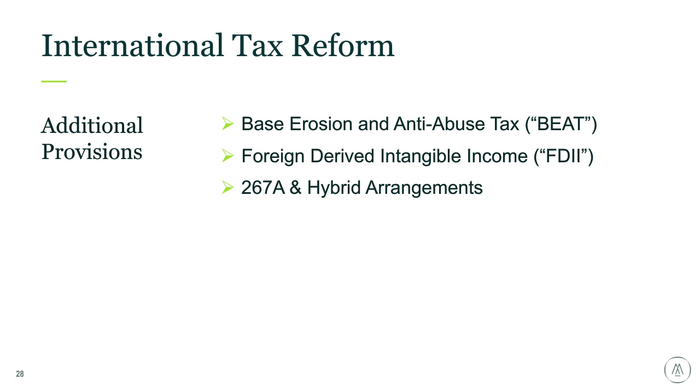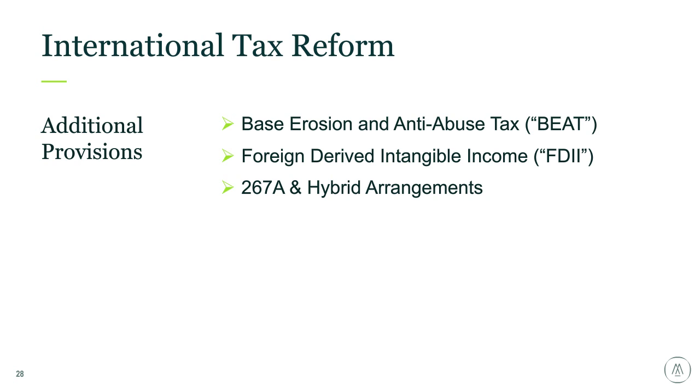Those deductible payments are things such as interest, royalties, that sort of thing, but also include any purchase of depreciable or amortizable property from a foreign-related person, and that payment will also get caught up into this computation. So as Kurt said, the DISC benefits are retained, and as Peter noted, the DPAD was repealed, but to replace the DPAD and to effectively provide a DISC-like benefit to C corporations, there was introduced the foreign-derived intangible income provisions.